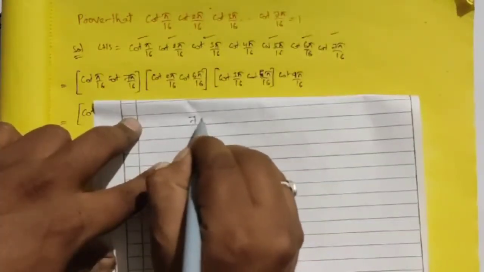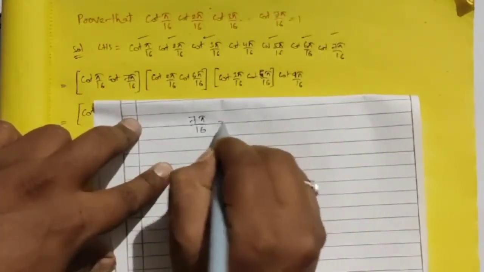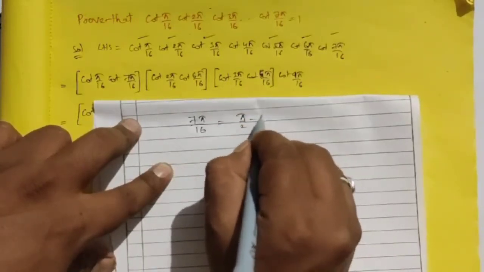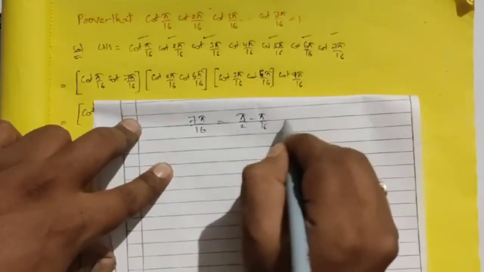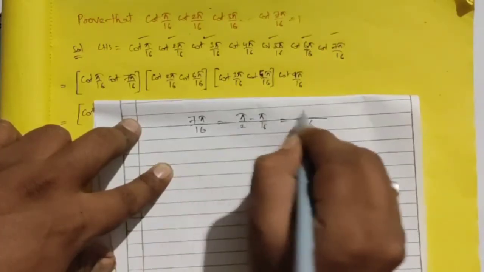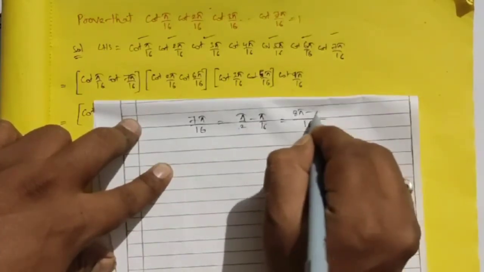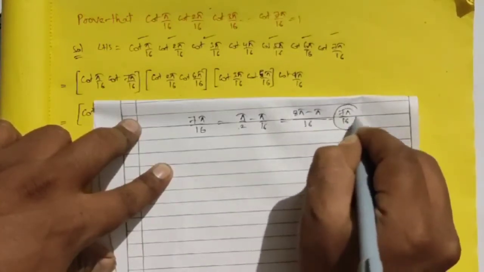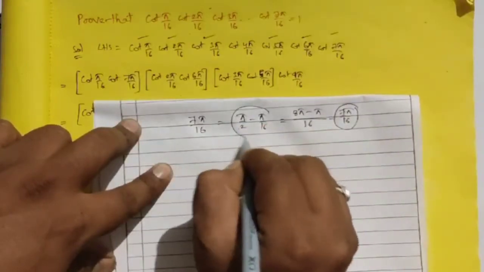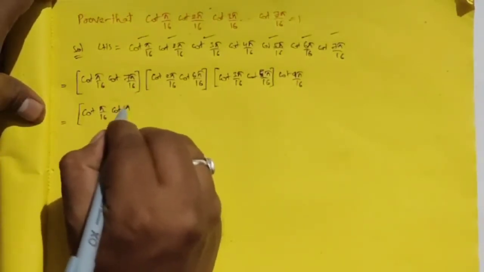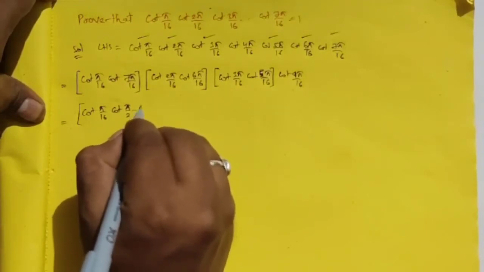So 7 pi by 16 can be written as pi by 2 minus pi by 16, because here the LCM is 16, 2 eights are 16, therefore if you multiply by 8 here, 8 pi minus pi becomes 7 pi by 16. Therefore you can write 7 pi by 16 as pi by 2 minus pi by 16. So right here cot of pi by 2 minus pi by 16,